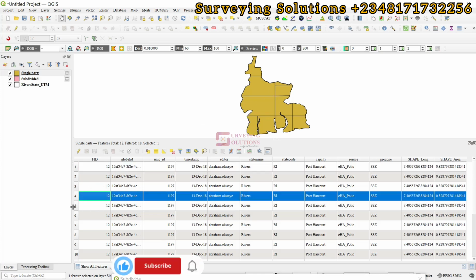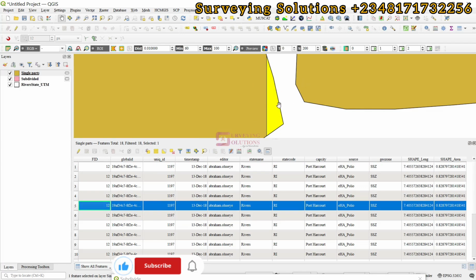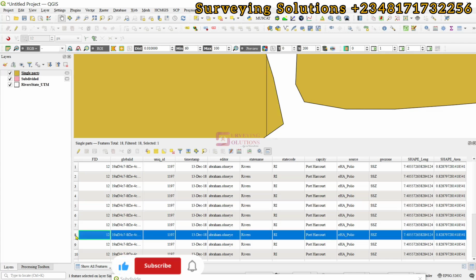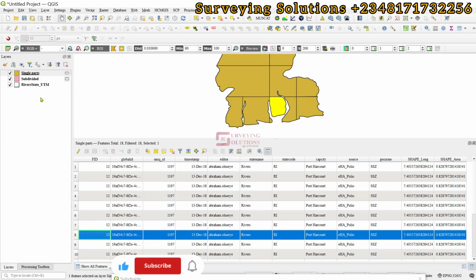Right, good. And if per adventure you don't see it, you can actually zoom to layer and then you can see that it has been selected. So we have just shown you how you can use these two tools, the first of which is the Subdivide tool, and the next one is Multipart to Singlepart, in order for you to now visualize